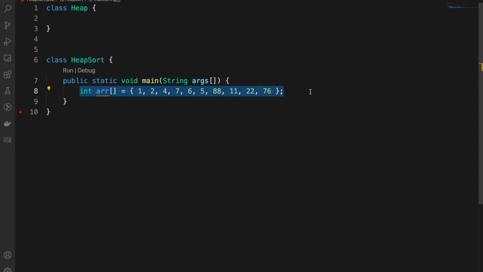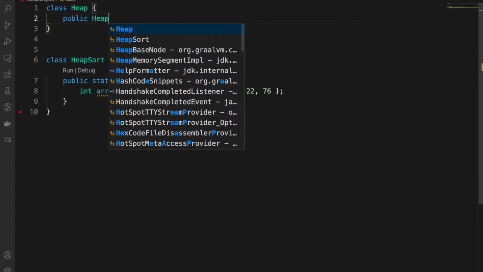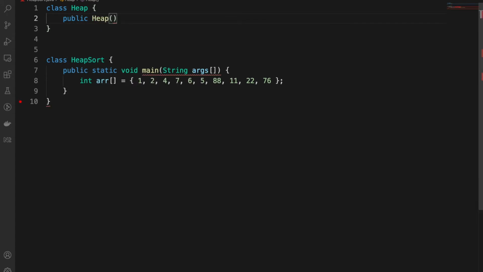Here we have an array which we are going to convert into a heap, and once this array has been converted into a heap, we are then going to apply heap sort on this array to get a sorted array. So the things that we need here are, first of all, a constructor. Now this constructor takes an array,